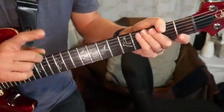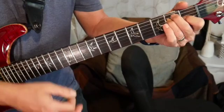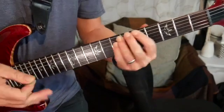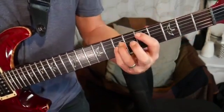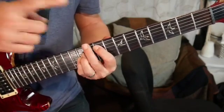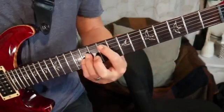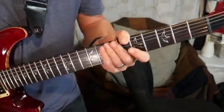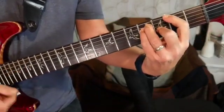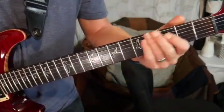Also remember this on the timing of this. I always had to catch myself. It's 1, 2, 3, 4. 1, 2, 3, 4. 1, 2, 3, 4. Okay? And then you go to the D power chord. And then the F sharp power chord. And then you repeat again. And reverse that, F sharp, and then you go back again one more time, the first time into the chorus. And then from there, the first time, the first chorus, you're going to go back to